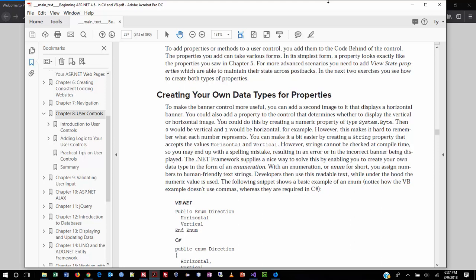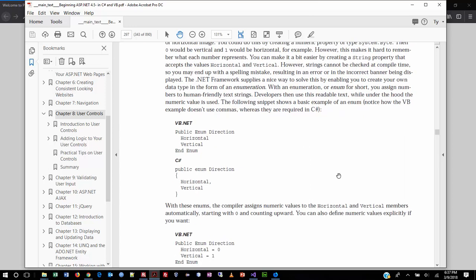If you ever hear me saying that, like you guys are learning JSON in the other class, we'll probably touch on it here a little bit. But that's just Visual Studio's way of creating a named structure. And you're going to see, if you look at the C# code, the very simple values for it. You see that we just use this thing called enum, and that stands for enumeration. And then that enumeration will have a name of direction. So we can say direction, horizontal, and it will do it. Right? And the whole point of it is that we're creating syntax that's easy for us to understand, rather than